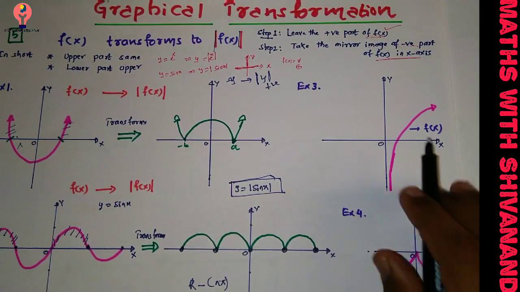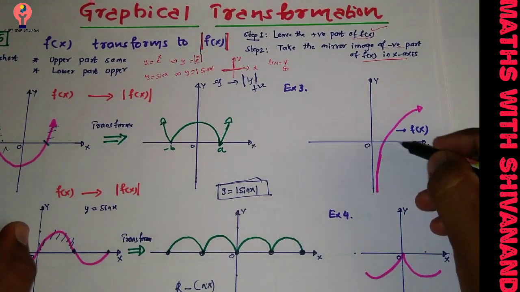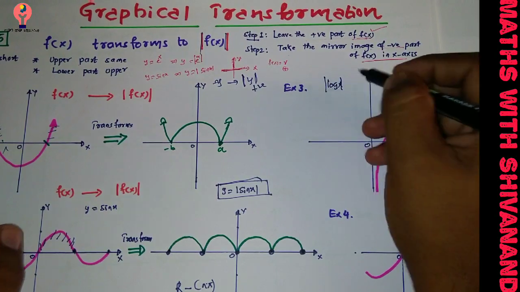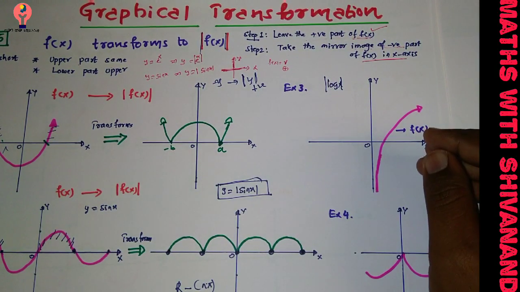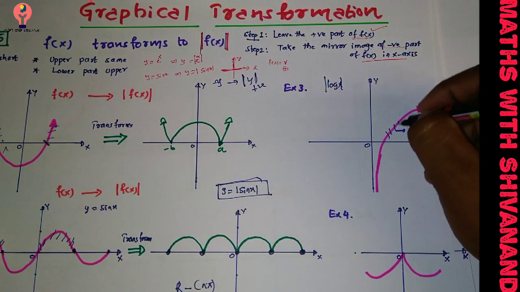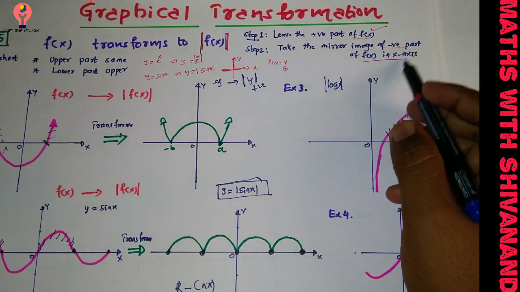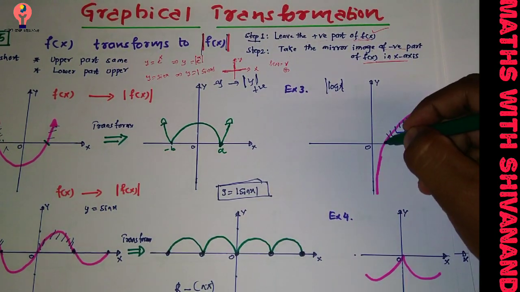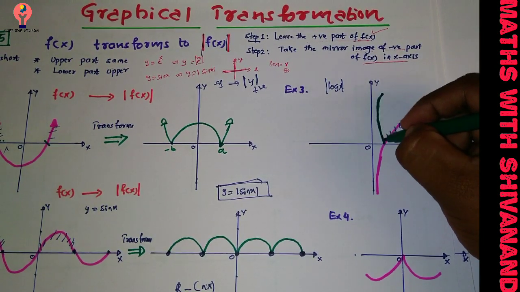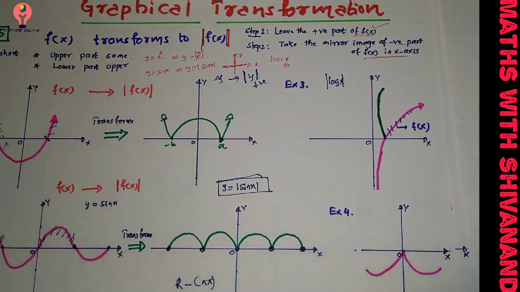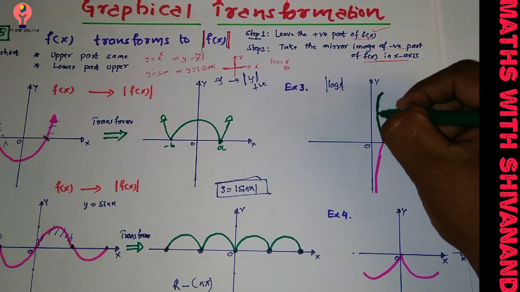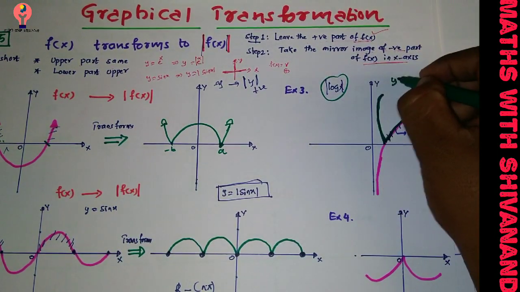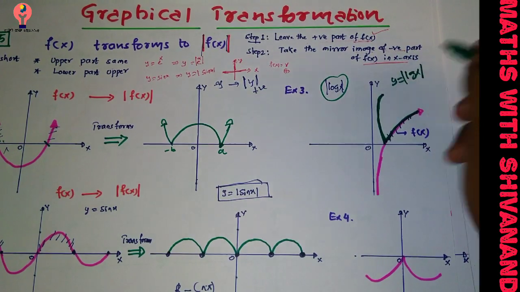Okay. So now here we have a log x curve here. Y is equal to log x. So it's a log x, f of x here. Apply the rule here. Now I want the mod log x curve here. The upper part of the graph remains same. Upper part, nothing but this part has to remain same, right? And take the mirror image of the negative part here, nothing but this fellow. Take mirror image here. Mirror image I am writing here itself. Yes, right. So what is your newly framed graph here? Your newly framed graph is this one as well as this one. This is the sketch of y is equal to mod log x, right?